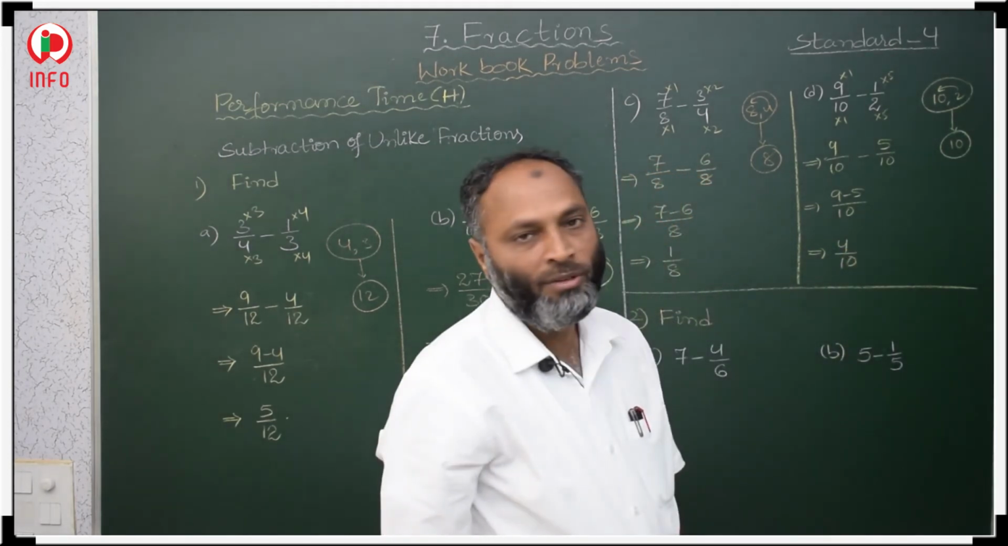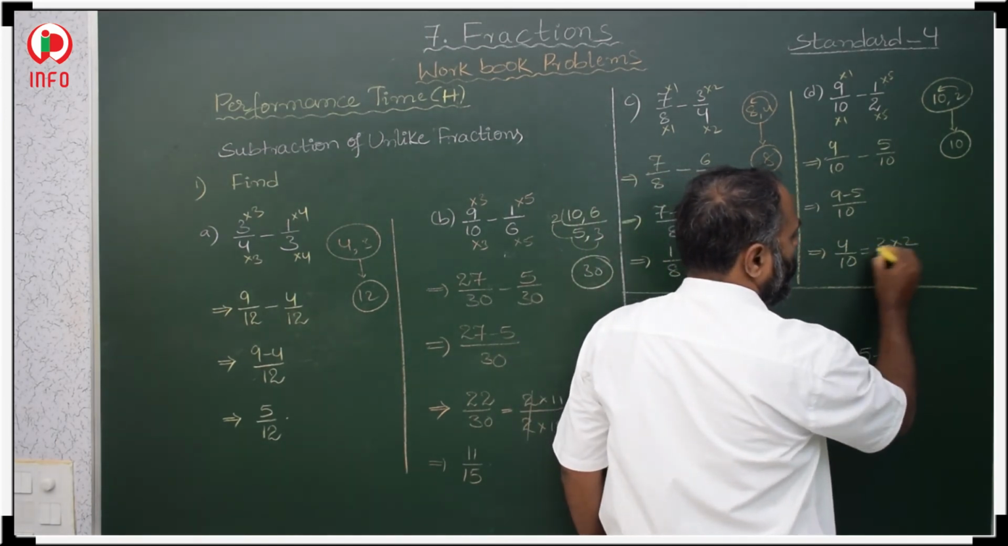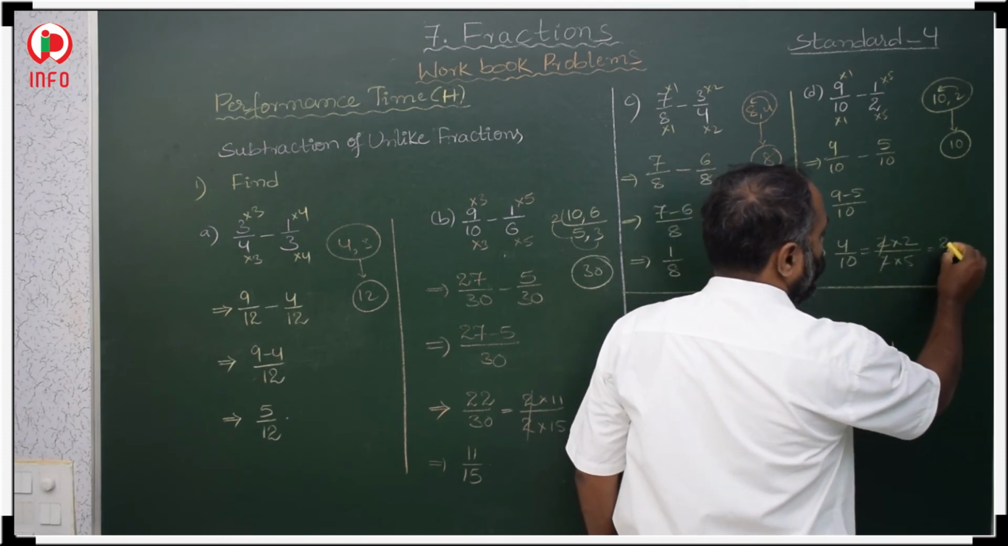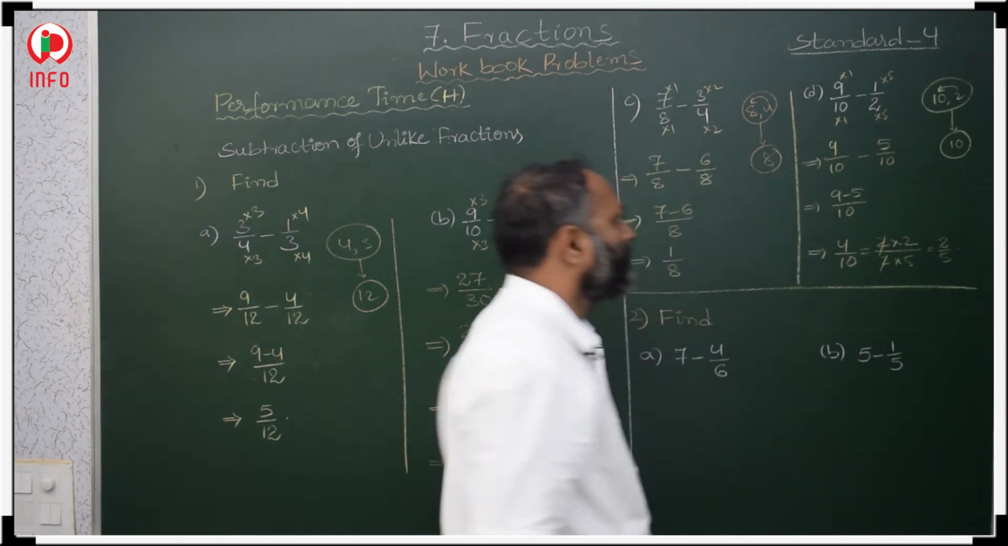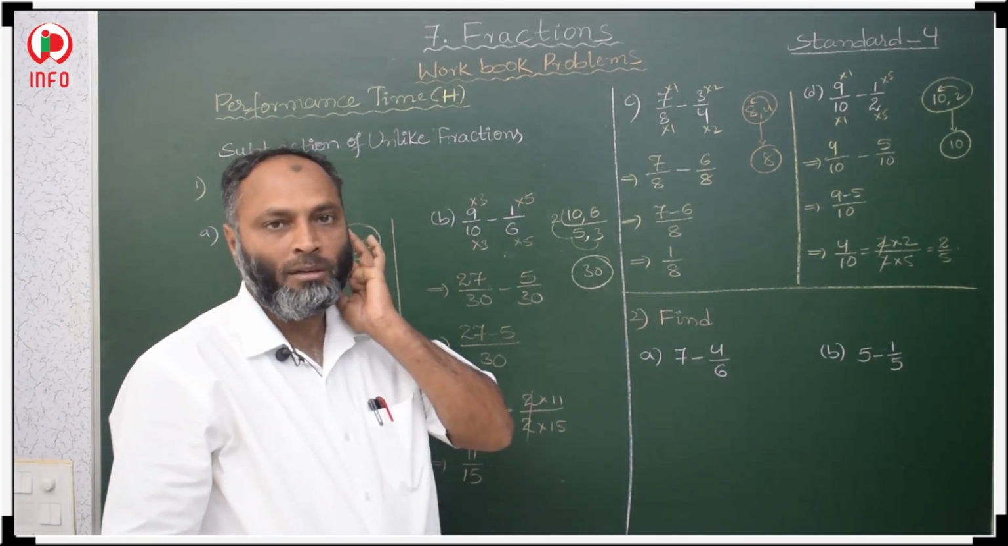If you want to simplify it, write in simplified form. 2 2s are 4, 2 5s are 10, the 2s cancel. Simplified form, 2 by 5. 2 by 5 is in simplified form. Okay. Now,